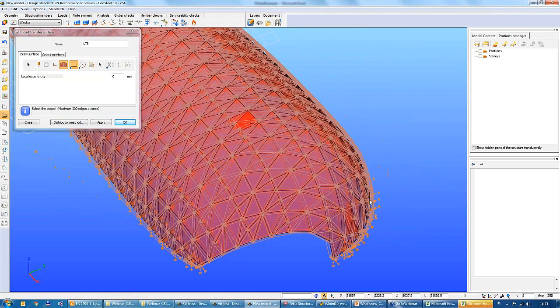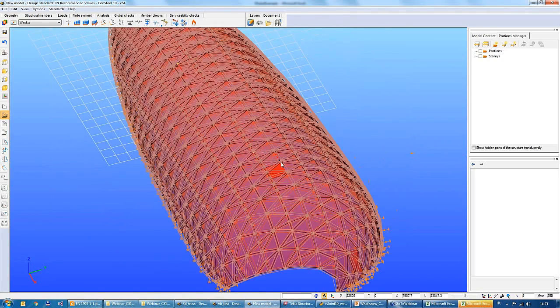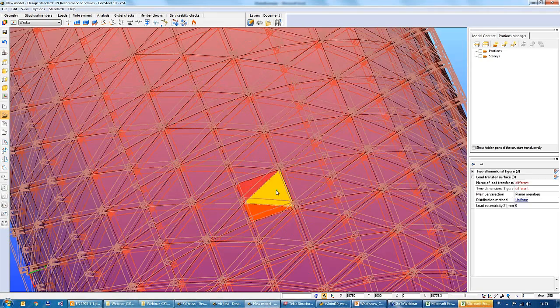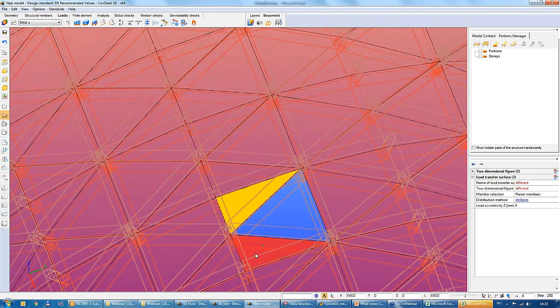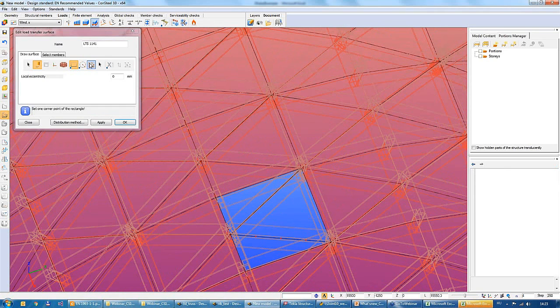Okay, we have some duplications which have to be deleted, but later we are going to fix these little problems in this function. So as I mentioned, one way to draw load transfer surface with this function is to select with the rectangle,